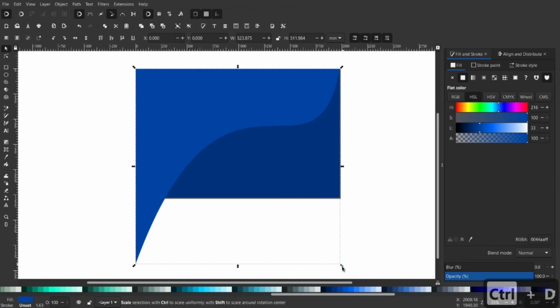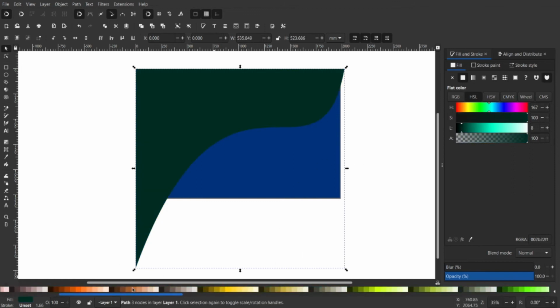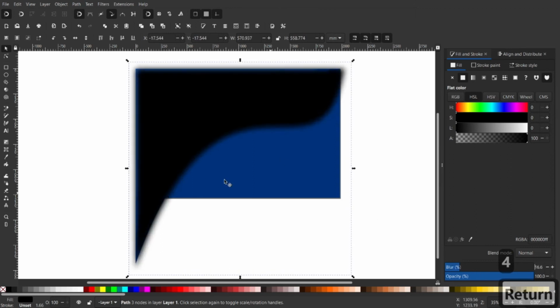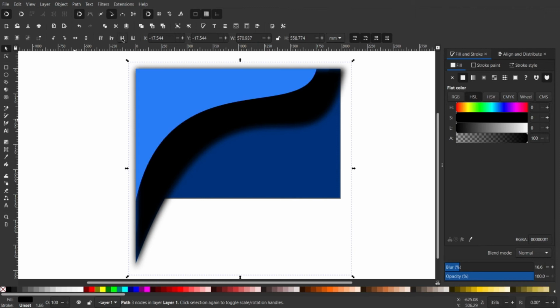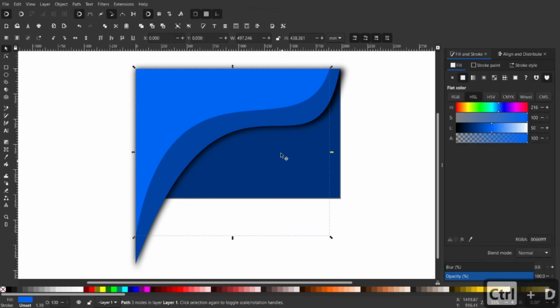Okay, so now I'm going to make a drop shadow. Duplicate it, make it a little bigger and convert it to black, which is on the left side on the bottom line, and give it more blur, I guess 11.4, and move it a little down by this menu so that it gives depth. Then just do it on the other two or three. I'll catch you up when I'm done.